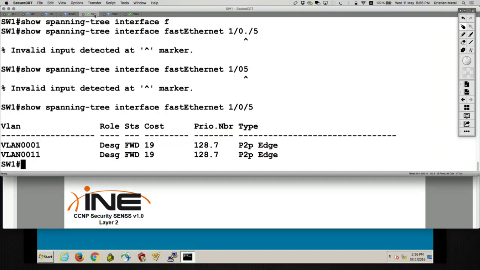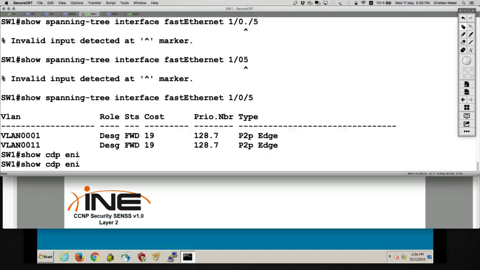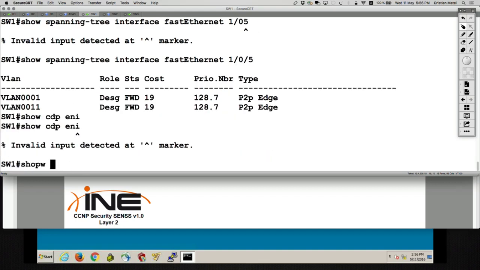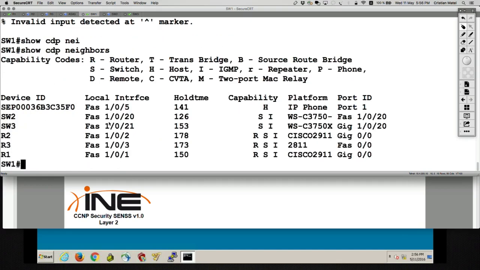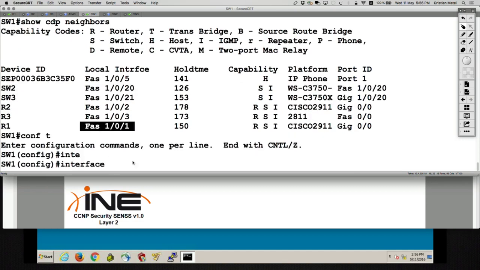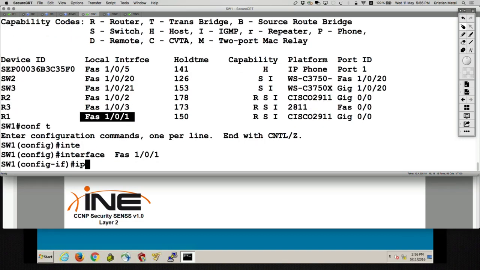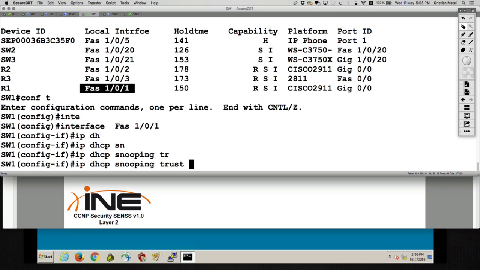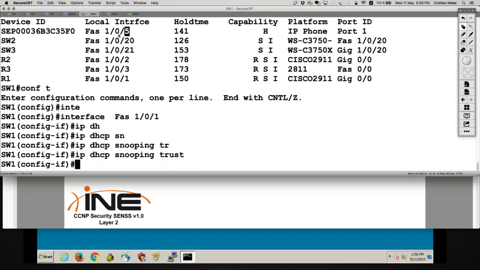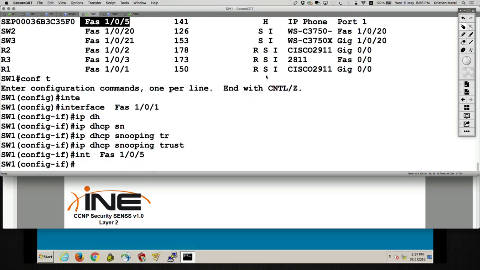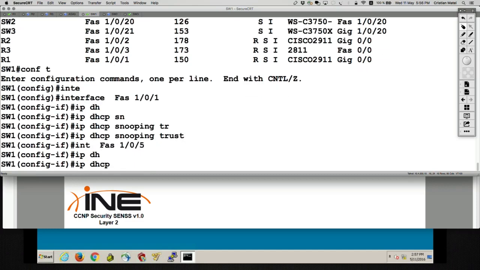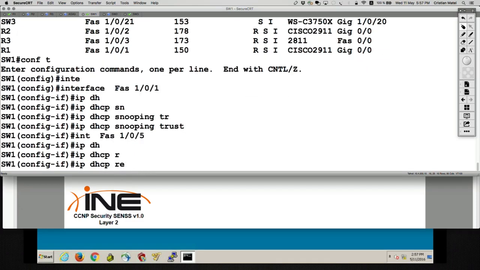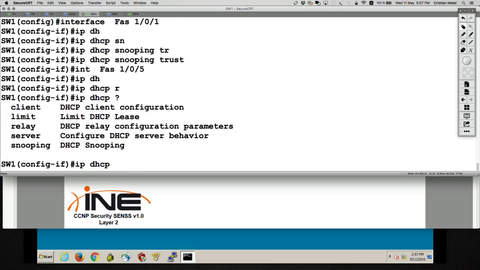switch 1, and the port facing my router I'm going to configure as trusted. Facing router 1 is port FA101. I'm going to say, clearly, as the command is very simple: IP DHCP snooping trust. And a port facing the client, IP DHCP snooping